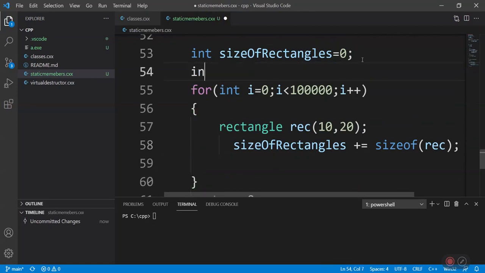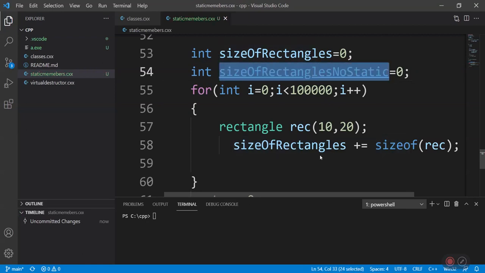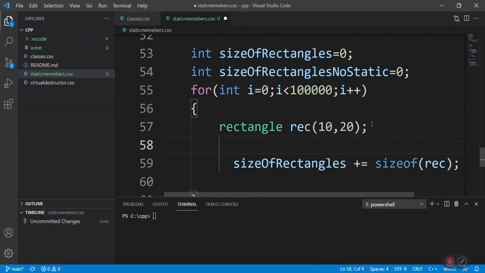Let us take one more variable, size of rectangles no static. This variable is to track the size of the other class objects.